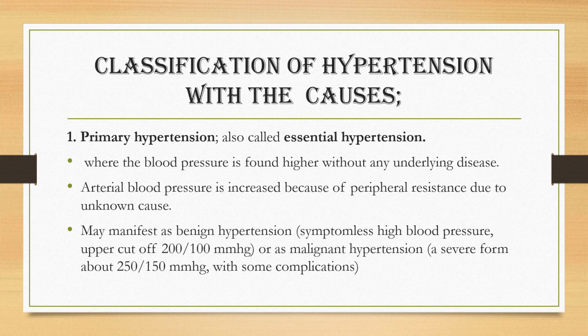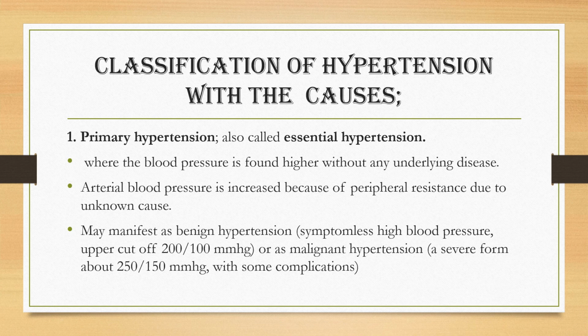So we have primary hypertension. It is also called essential hypertension, defined by virtue of the fact that the cause is unknown. So there is always increased peripheral resistance, but the cause is usually unknown. It is also classified as benign hypertension, which is always symptomless,